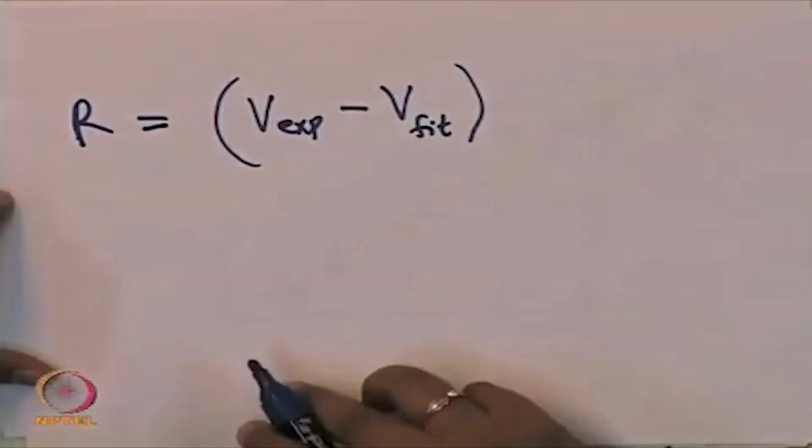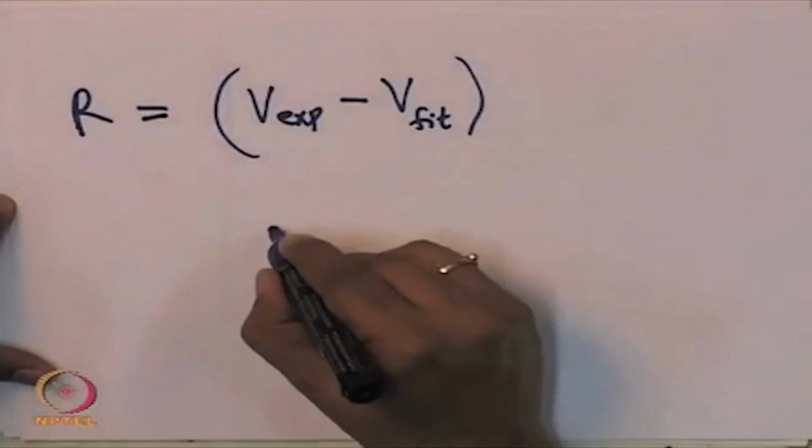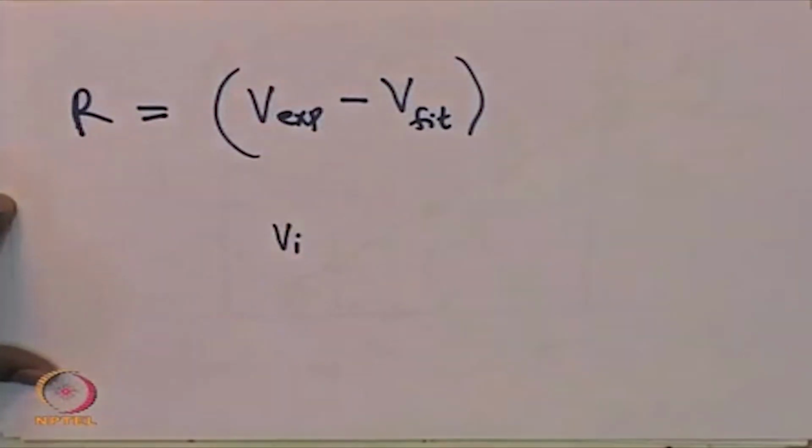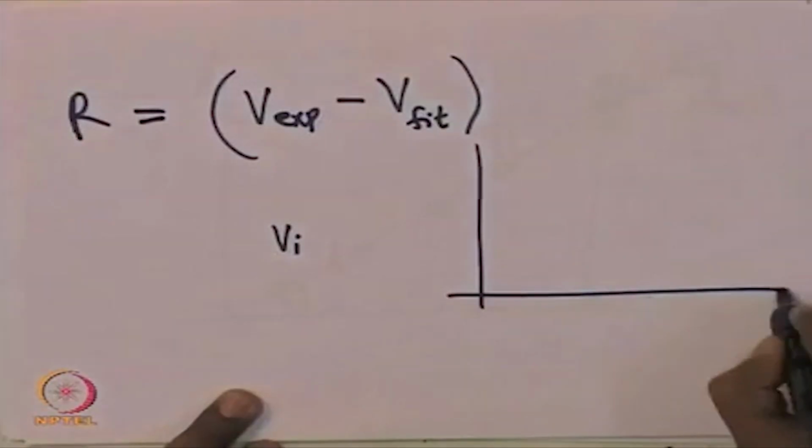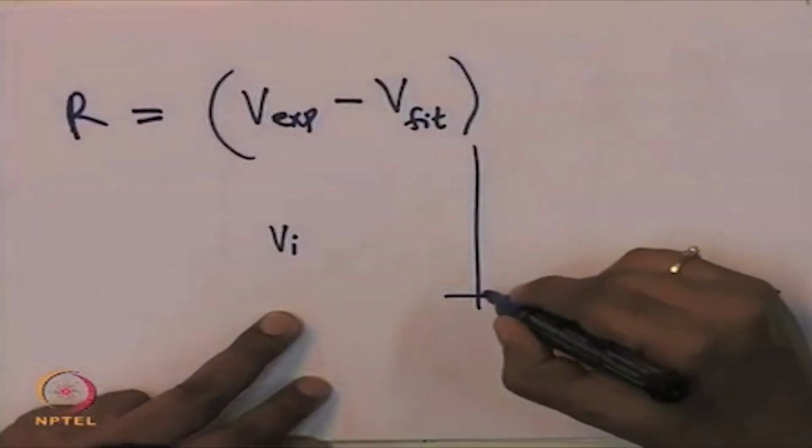That is the points. So, V experimental is Vi, we have this Vi here in this table. Look at this table, this is our experimental value: 12, 14, 13, 33. These are the experimental values. There are 10 experimental values. So, if you look at this graph here,